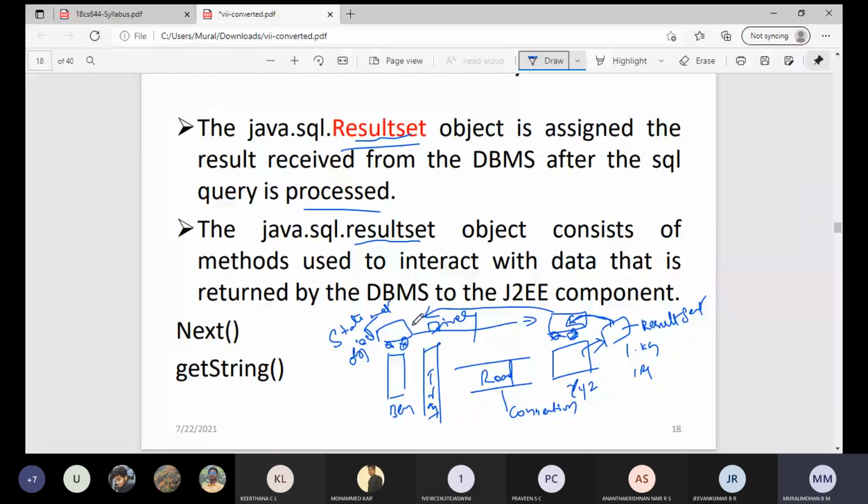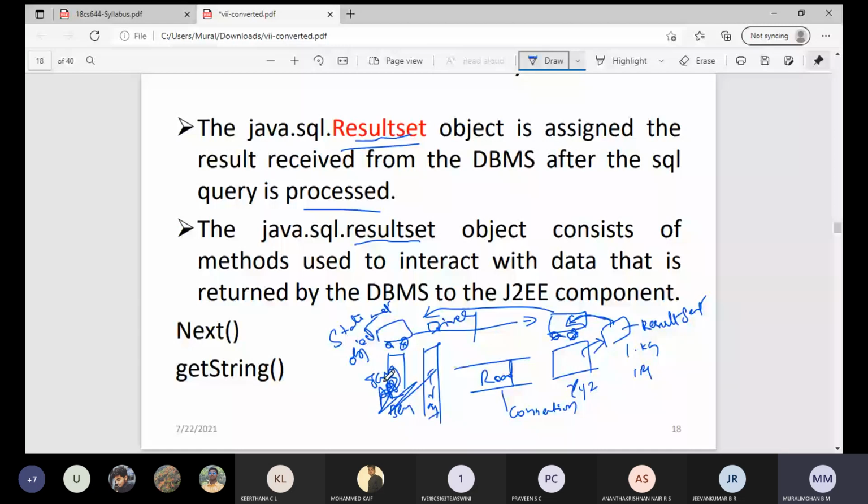Java application is nothing but a J2EE component.